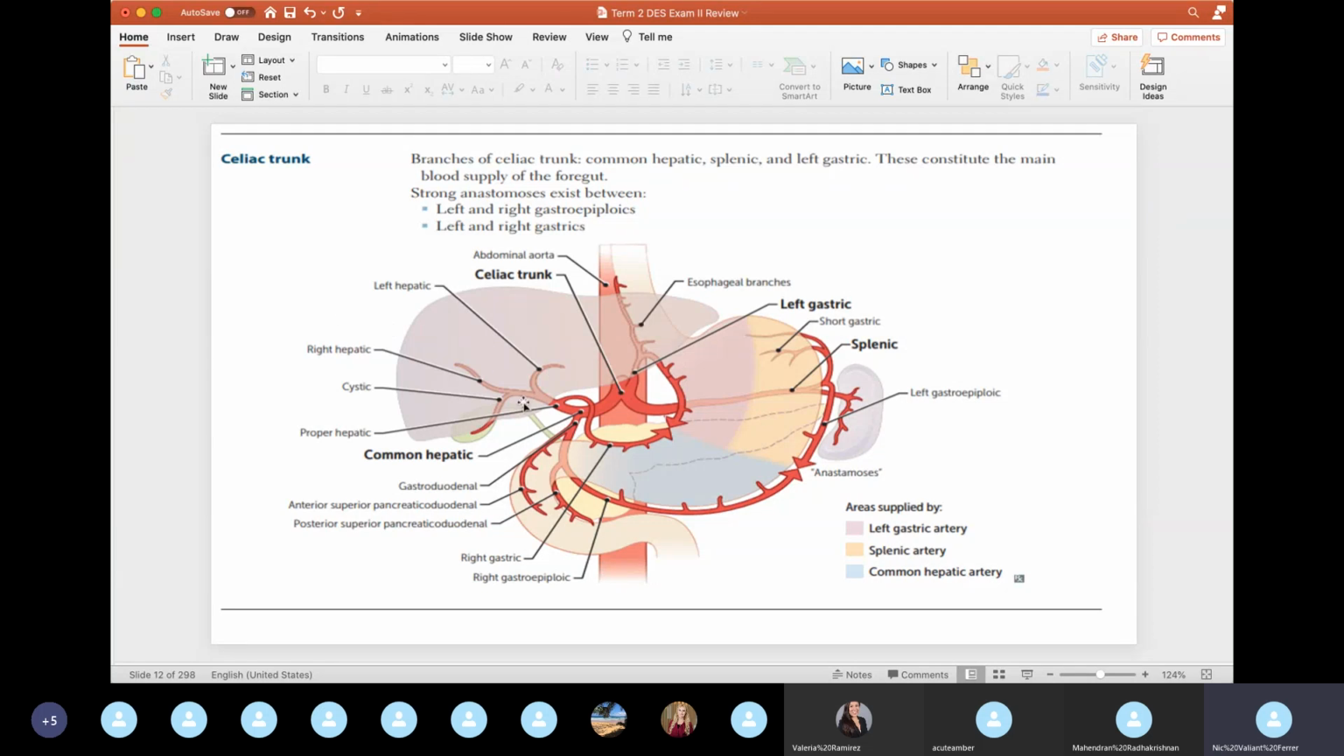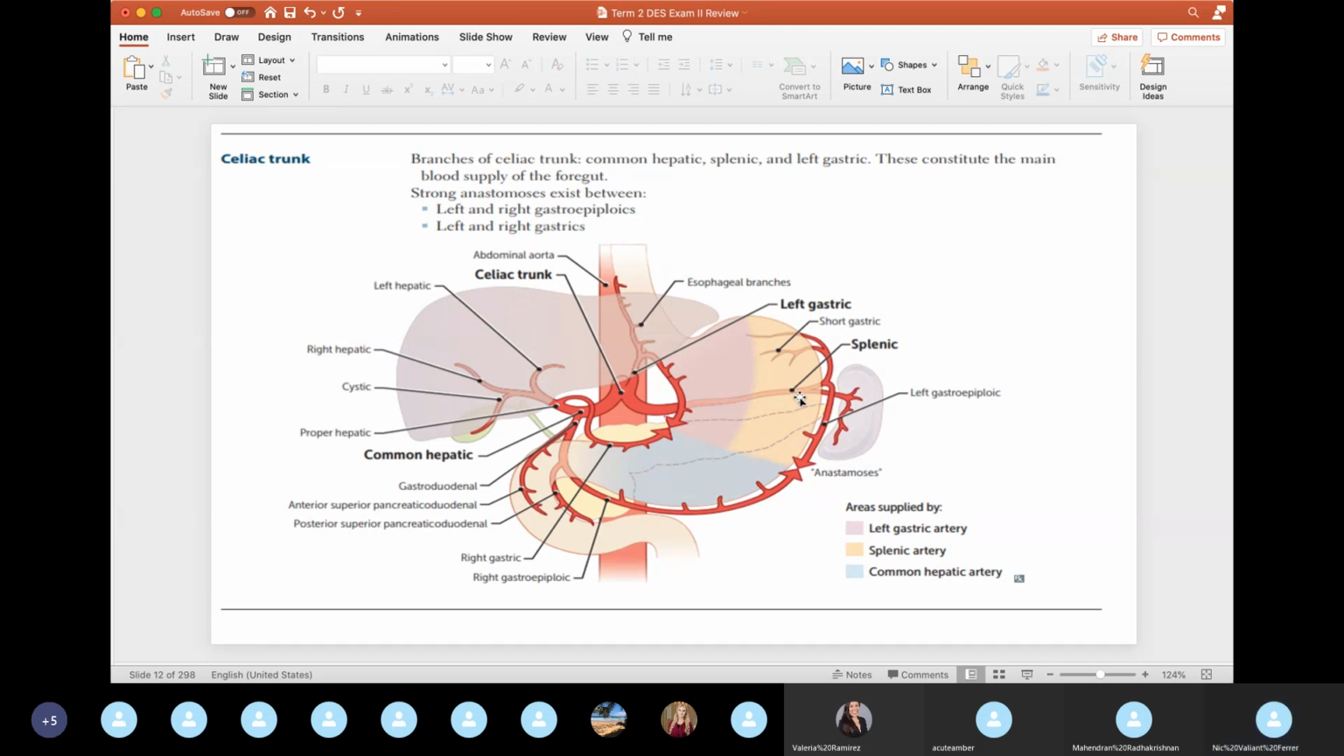Again, don't forget the celiac trunk. You have different branches of the celiac trunk. You have the splenic artery here. The splenic artery. Question: if I have an ischemia on the splenic artery, what artery do you think will lose blood supply? There will not be blood running into it. So if I obstruct my splenic artery,